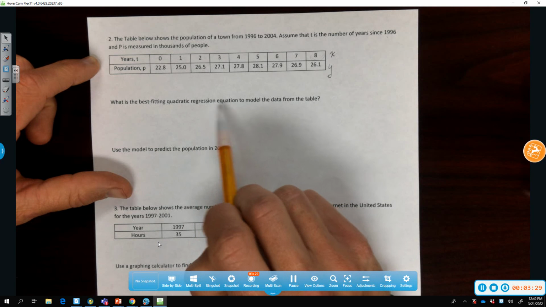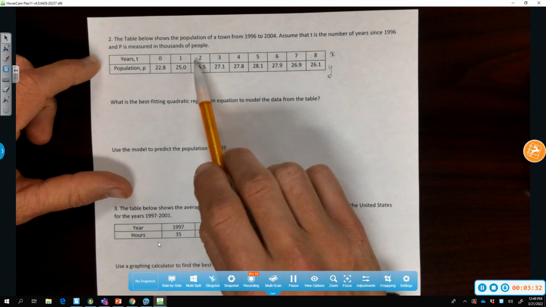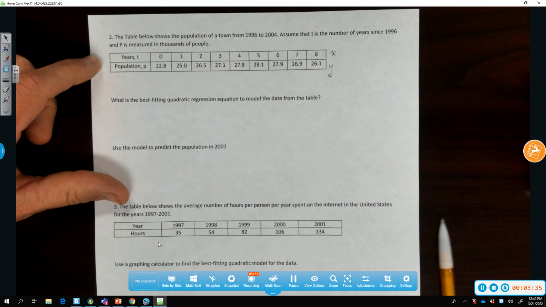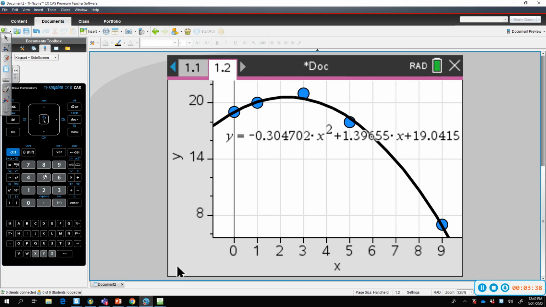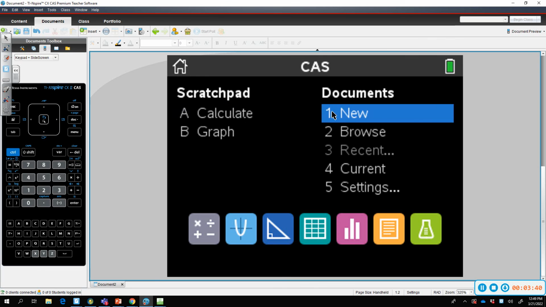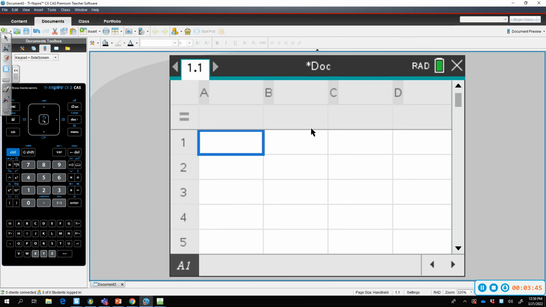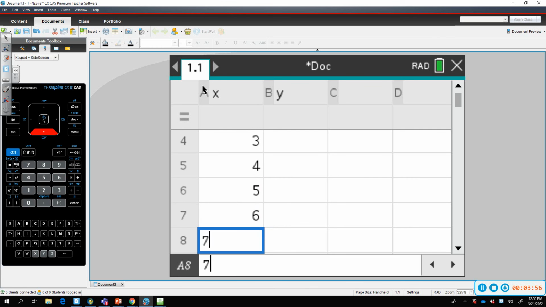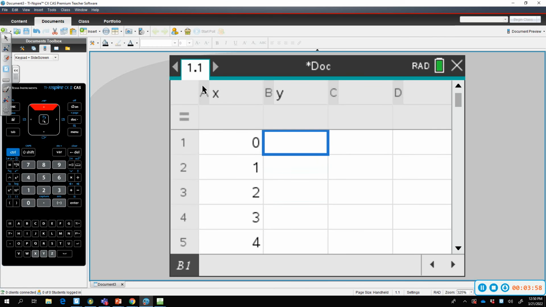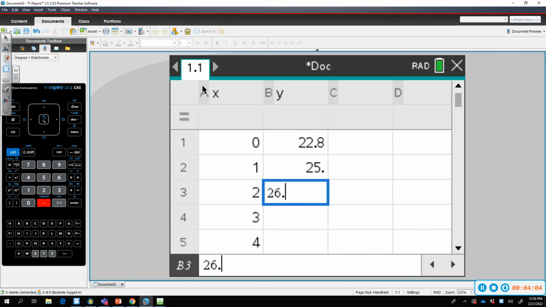So again, I want to find the regression equation here. So I have my table. I'm going to insert that table just like I did for the last problem. So once again, let's go to our calculator. We're going to open up a new document and insert a list in spreadsheet. The list is basically my table. So we're going to label our columns X and Y. Again, leave the equals to blank, and let's insert 0, 1, 2, 3, 4, 5, 6, 7, and 8. Now the Y values for those respective things are 22.8, 25.0, 26.5, 27.1, 27.8,